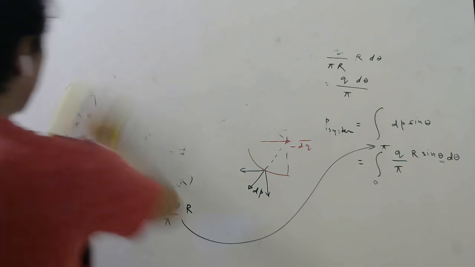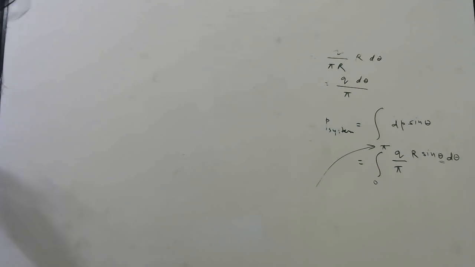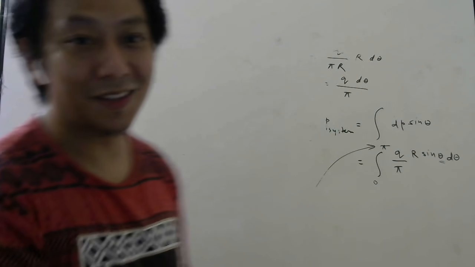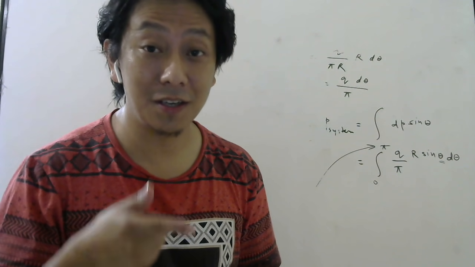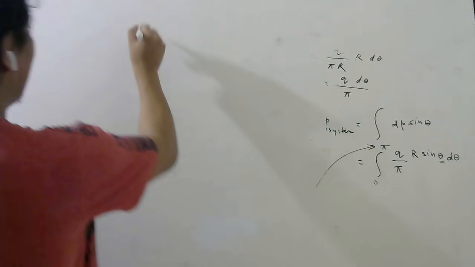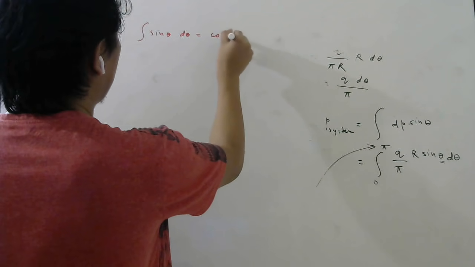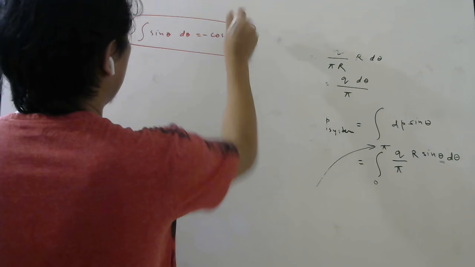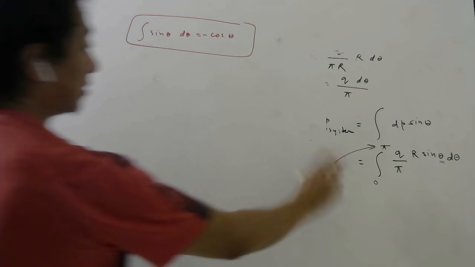So what is the integration of sin theta? Differentiation of sin theta is cos theta, so the integration of cos theta will be sin theta. The opposite, actually: differentiation of cos theta is minus sin theta. So the integration of minus sin theta will be cos theta. So the integration of sin theta d theta will be minus cos theta. Usually we write some constant of integration, but we don't need that right now. So let us use this formula here.